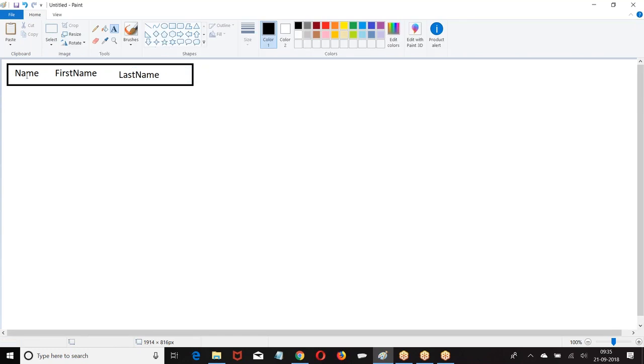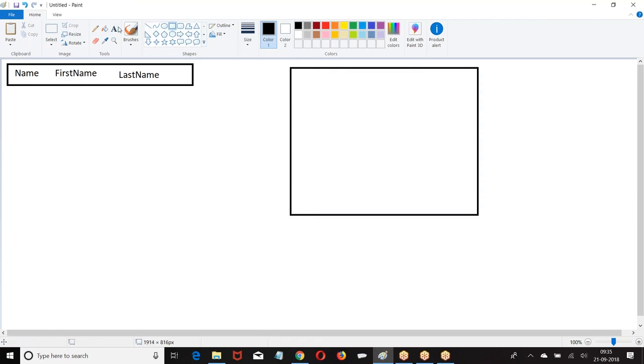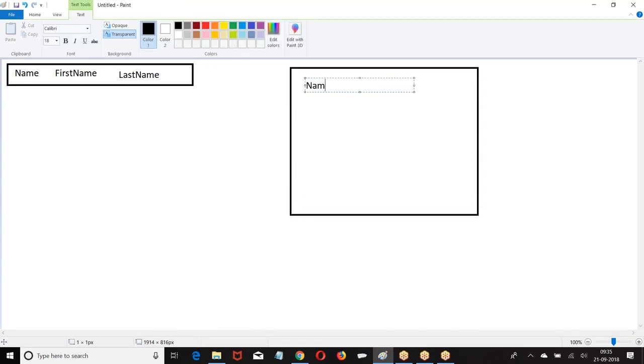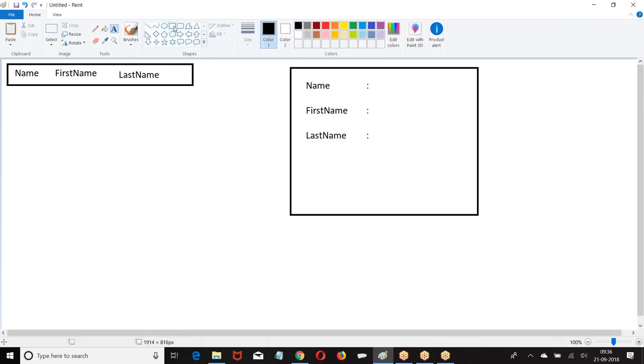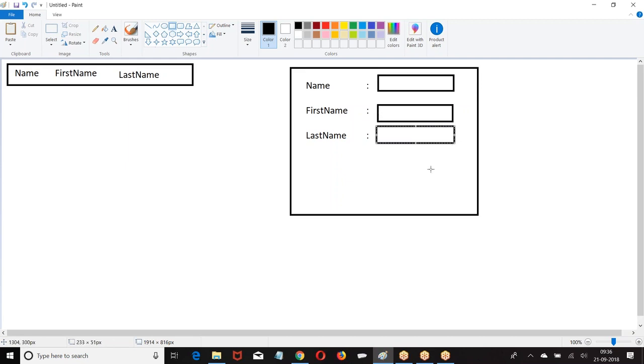This is my table. In this I want to store customer ID. The name I am going to store is the customer ID. But in the UI, when I display it like this, what will the customer feel? The customer will feel it is the name of the customer, right?